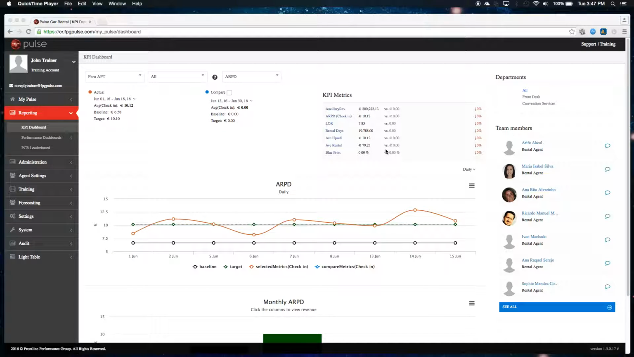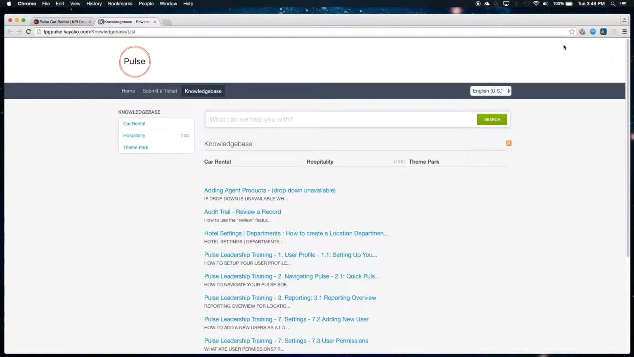To submit a ticket in Pulse, it's a very simple process. When logged into Pulse, go to the top right-hand corner and select Support. This will open up a brand new web page and it'll bring you to the knowledge base. Specifically, the knowledge base carries articles and information on typical questions or additional training pieces people might have in regards